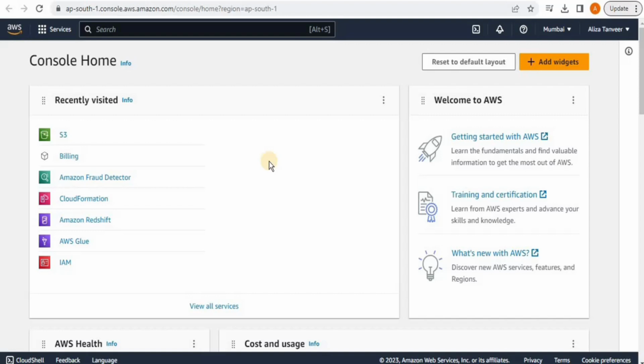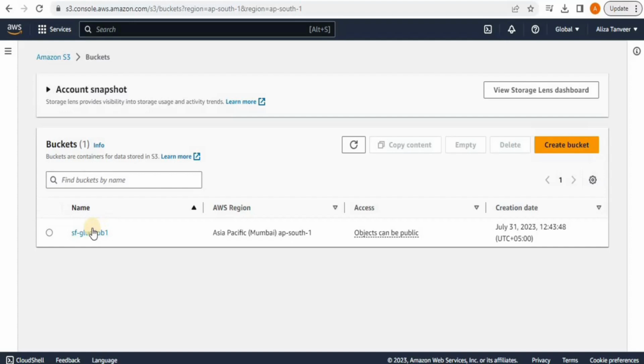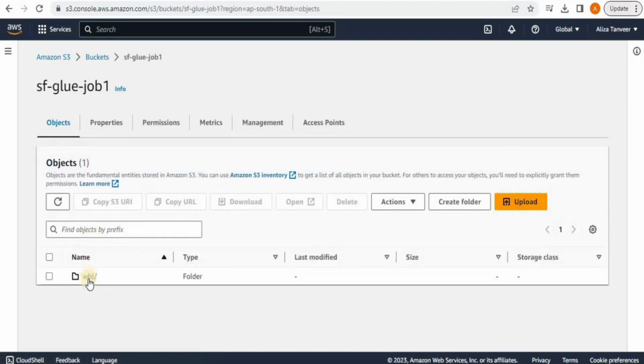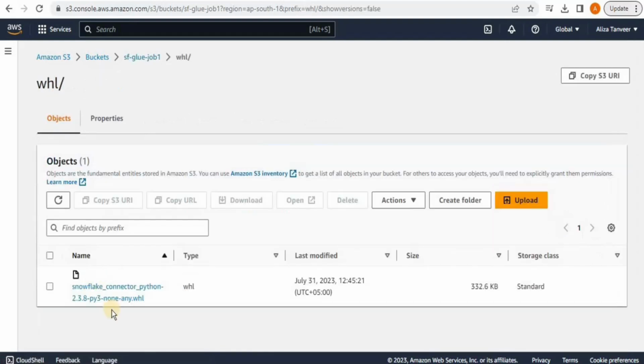You can do it by creating a WHL file. You guys don't have to create the file. I've already created it and it will be present in the resources of the lecture. In order to add the WHL file, you need to go to your S3 bucket. I've already created one. And inside your bucket, you have to create a folder called WHL. I've already created it too. Then go into the WHL folder and upload the Snowflake connector WHL file here. I would suggest you use the same WHL file for this course in order to go through the course